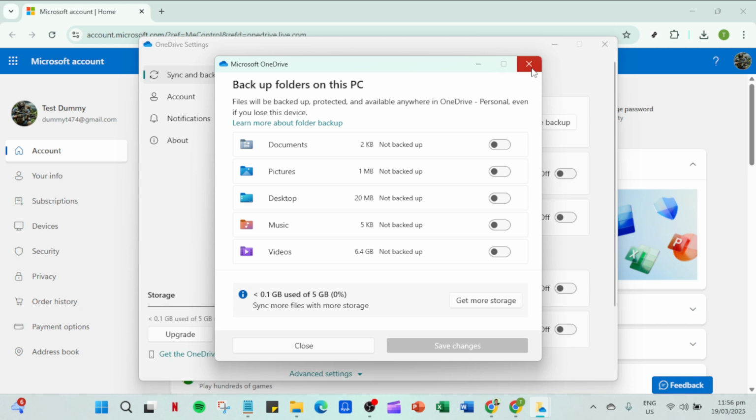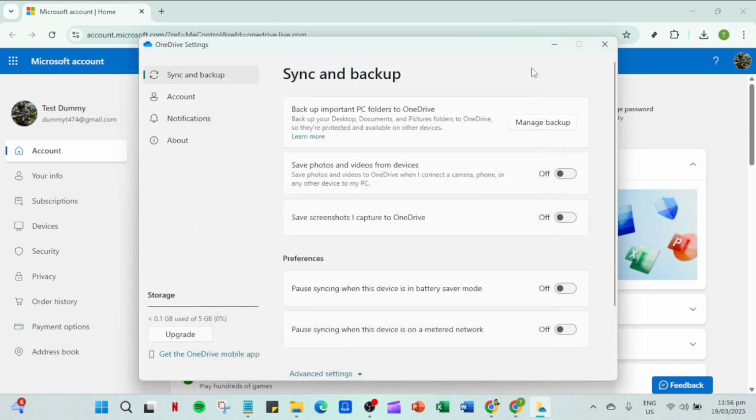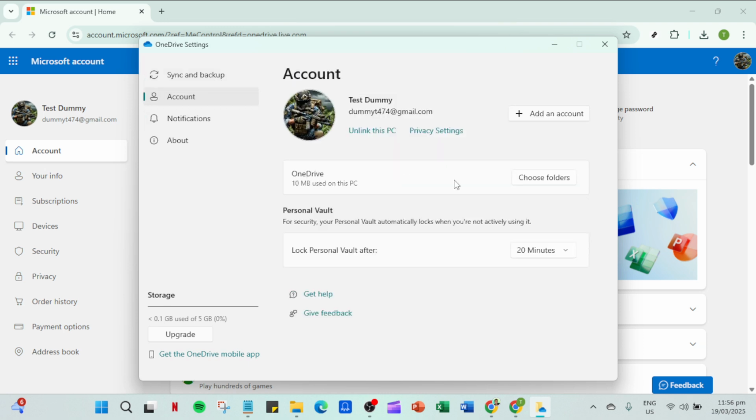Alternatively, if you're looking for an even more comprehensive solution, you can go into the Account tab. Within this section, you'll find an option to unlink this PC. Clicking this will stop OneDrive from interacting with your computer altogether, giving you a fresh start on how and where you manage your files. If you frequently use Microsoft apps like Word, there's an additional step you might want to